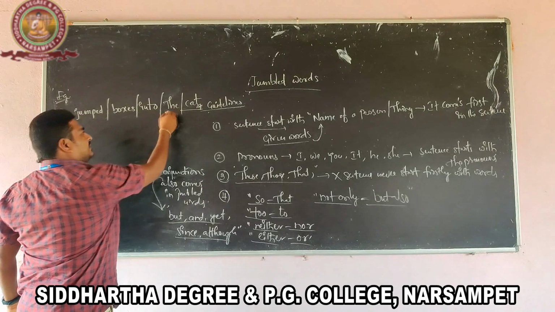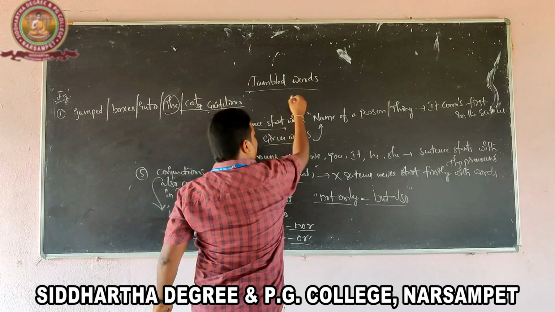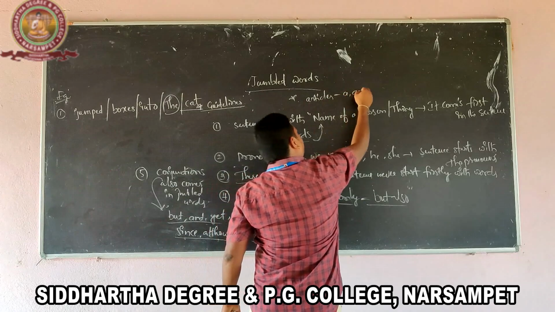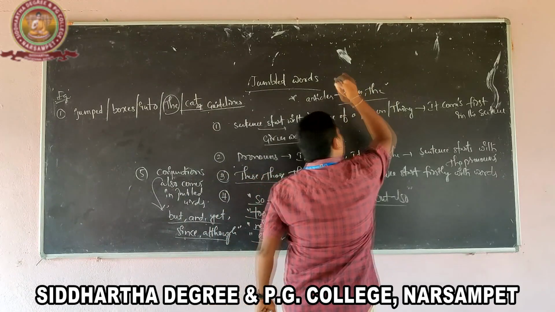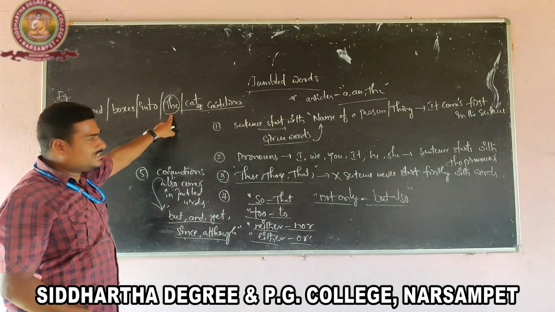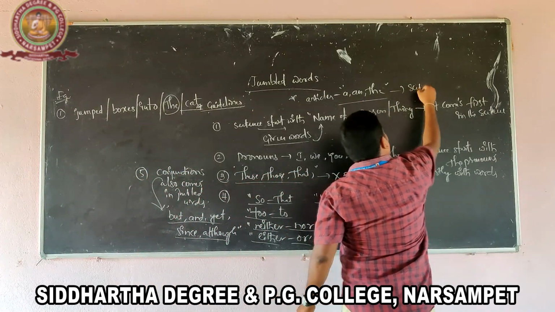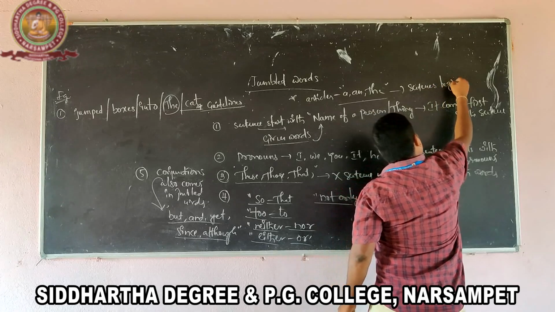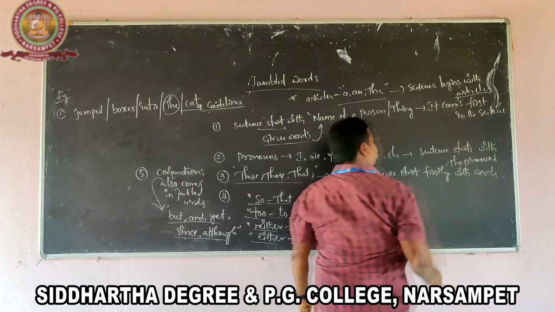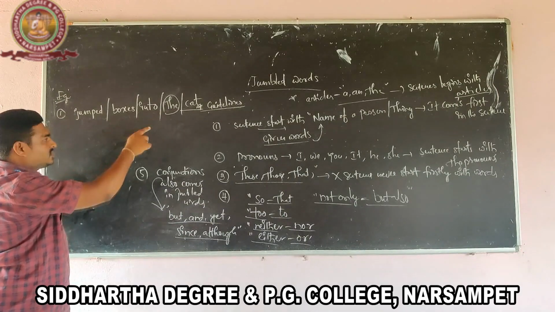Right, but before that there is an article. Of course, this is also one of the guidelines, guys. Remember, another guideline: in case articles a and the come in the words, for example here in the given words there is an article, right? So the sentence begins with this article. Then how are you going to make it into a meaningful sentence?